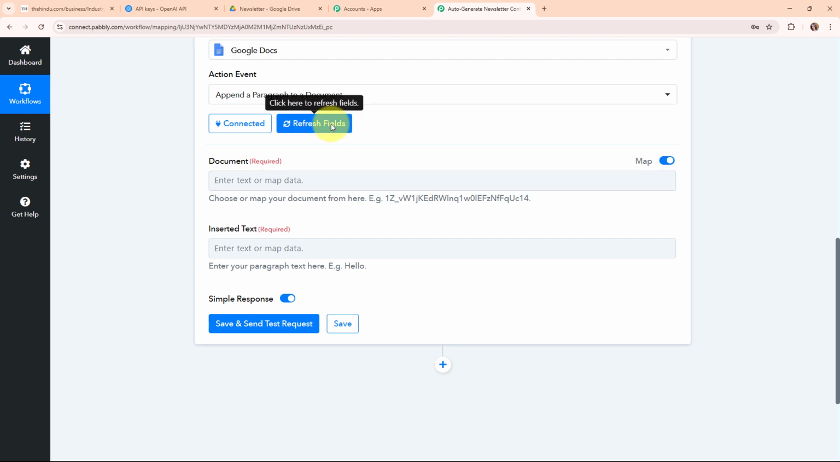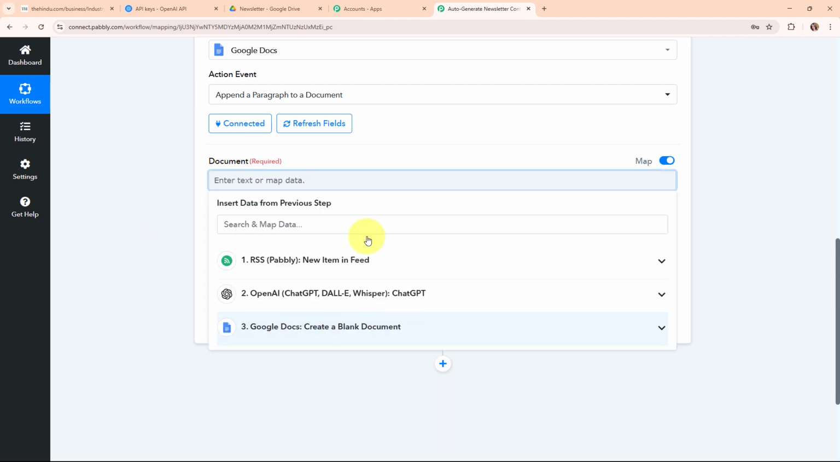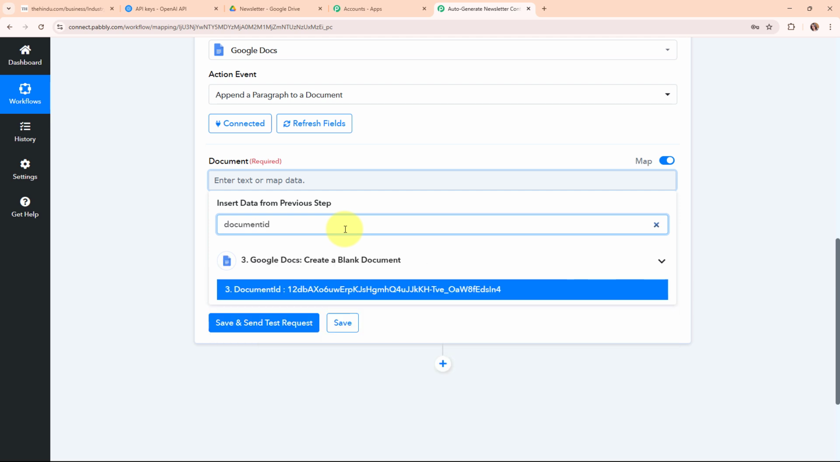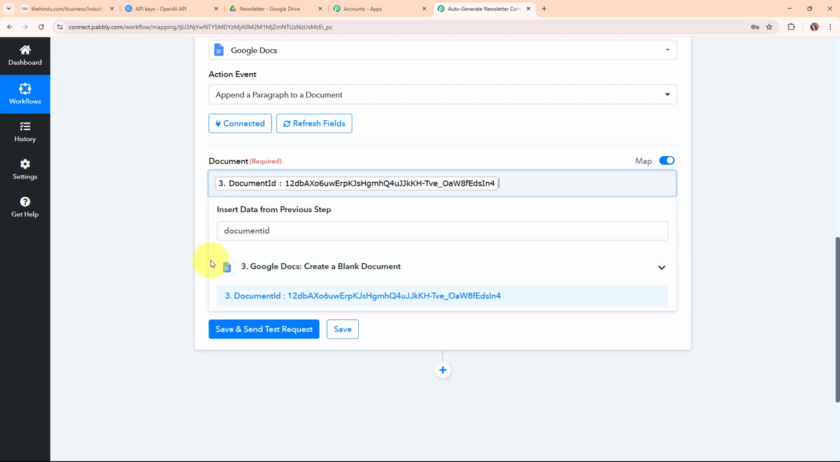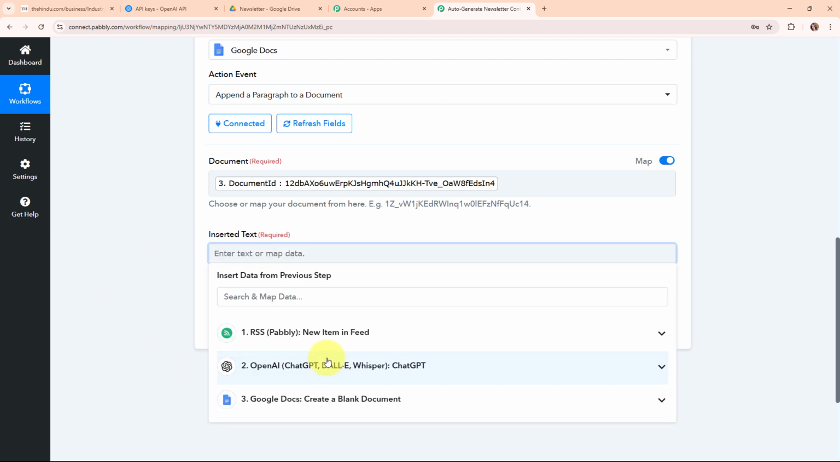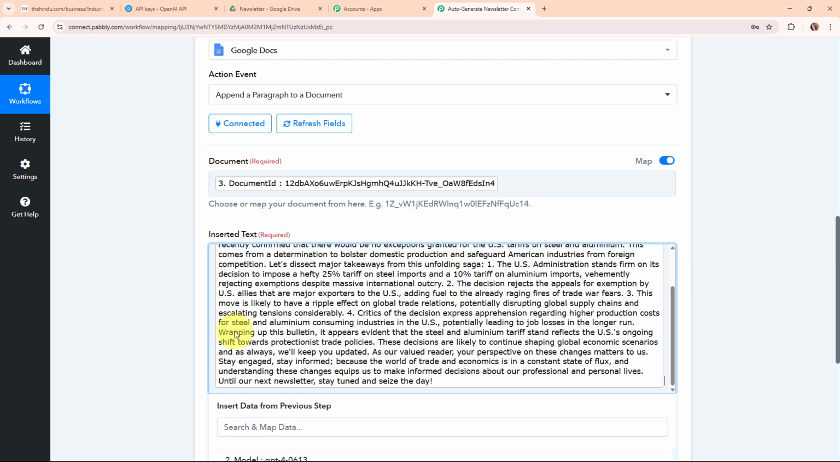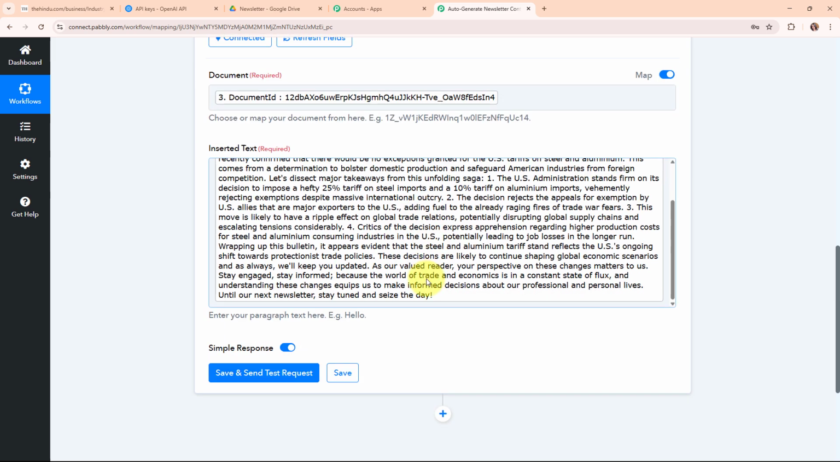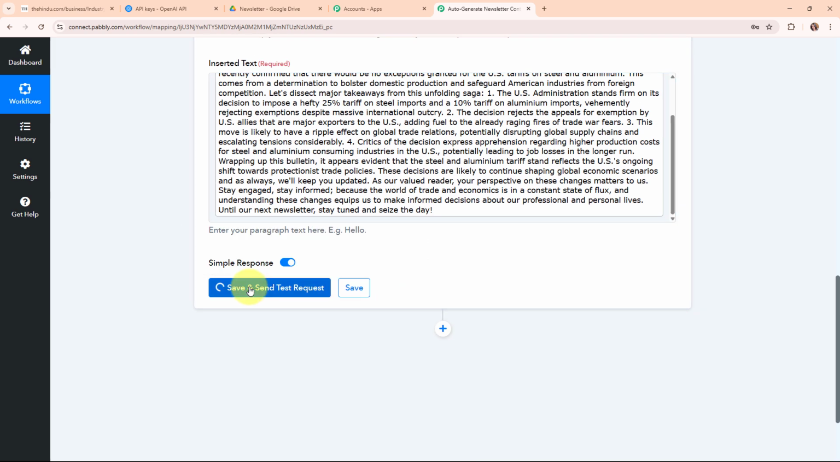Okay, so now after refreshing the fields, I'm going to map the document ID that I've received in my previous Google Docs action step. So for that, I'm going to search for the document ID over here. So this is the document ID, so I'm going to map it over here. And now after mapping the document ID, it is asking me for the inserted text. That means here in this field, I need to insert the text that I want to insert in this particular document. So I'm going to map the content that I've received through OpenAI. So this is the content. And now after entering both the required details, I'm going to click on save and send test request given